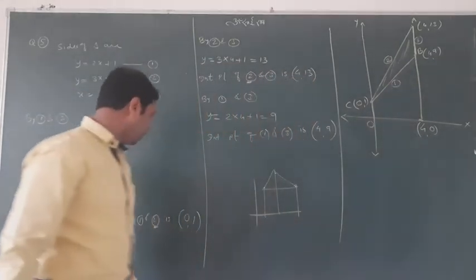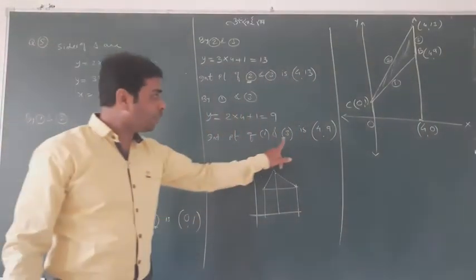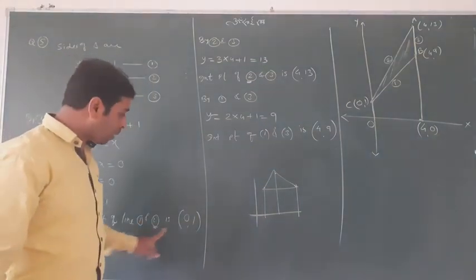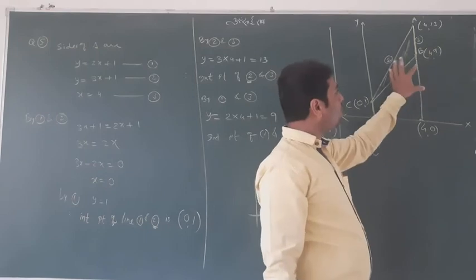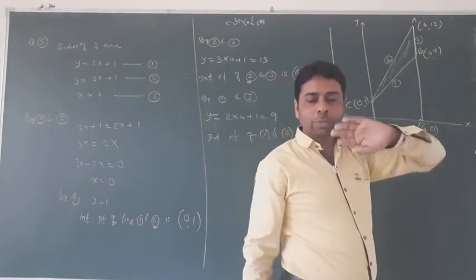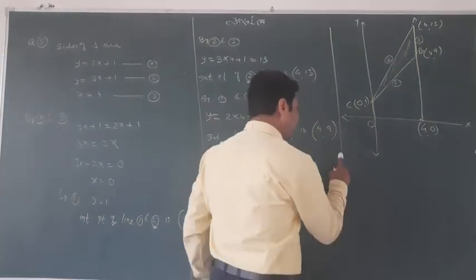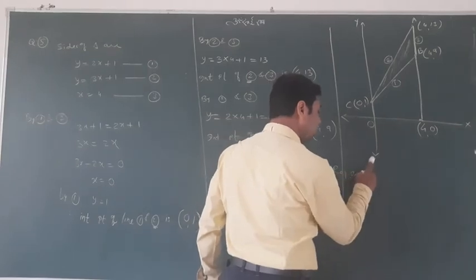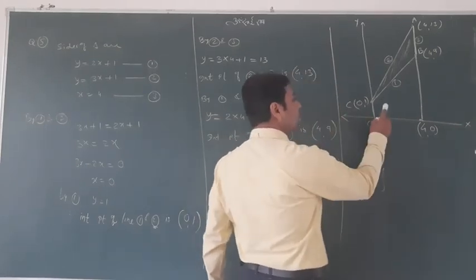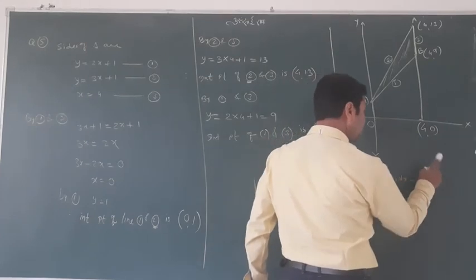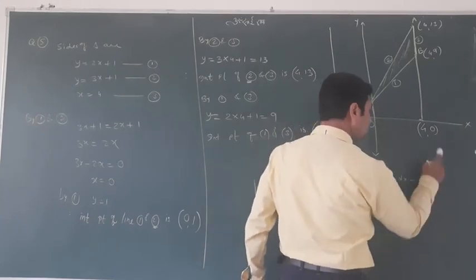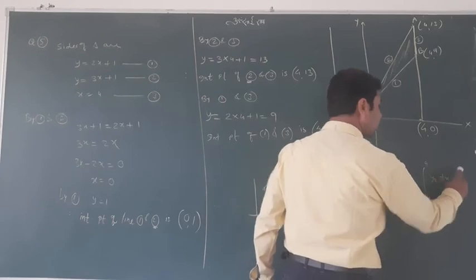Can you see again? I want to tell you. 1, 2 and 1, 3: 1 is common, meaning line 1 is passing through (0, 0) and (4, 9). So we have got all the lines in the picture. Now we will make the required area. What is the required area? The upper graph from 0 to 4 is given by line 2, and the lower graph, again from 0 to 4, by line 1. This is a simple thing.